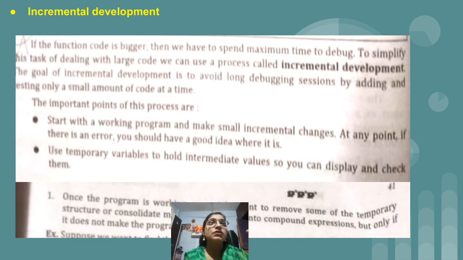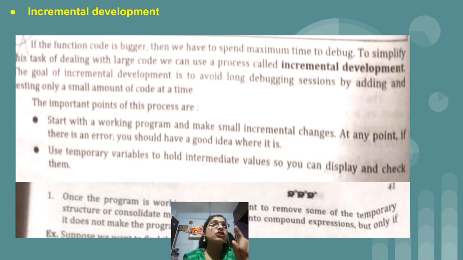Important points of this process are: start with a working program and make small incremental changes. At any point if there is an error, you should have a clear idea where it is. As we have started with one function, or small code, it is easy to find the error, and easy to fix that particular error.